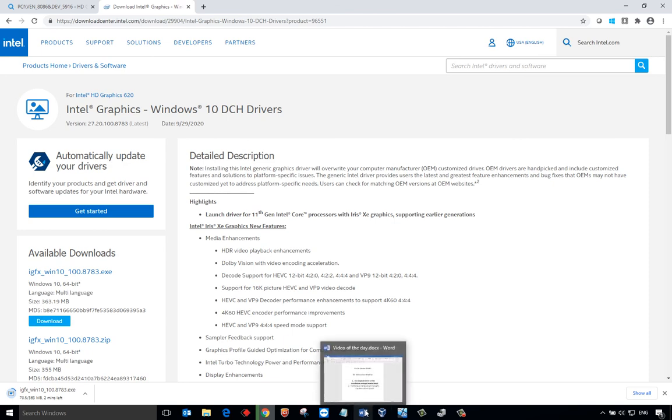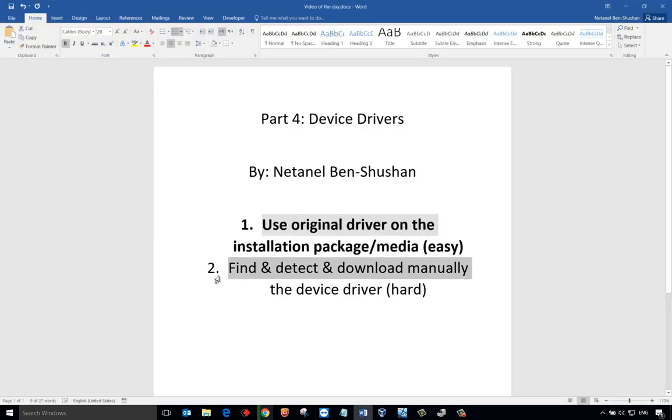And we talked about the hard way of manually detecting the hardware and vendor IDs from the Device Manager, and googling it or going to a website like Device Hunt and searching for the drivers. So basically